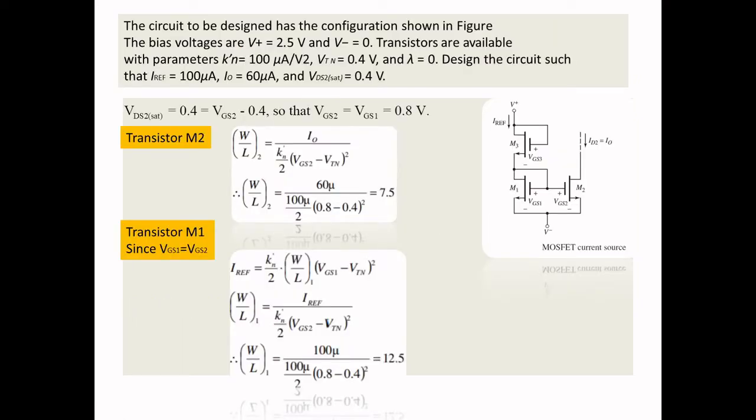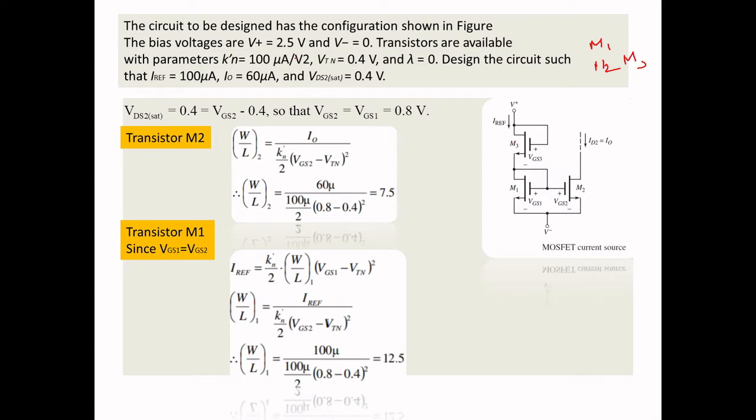Okay, the circuit given here is a basic current mirror with three transistors M1, M2, M3. What do you mean by M1, M2, M3? Basically, when you go for a basic current mirror circuit, you will have two transistors only. But here I have added another transistor. The resistor was replaced with another transistor, a MOSFET, in order to raise the stability. So that is the circuit which is given here.